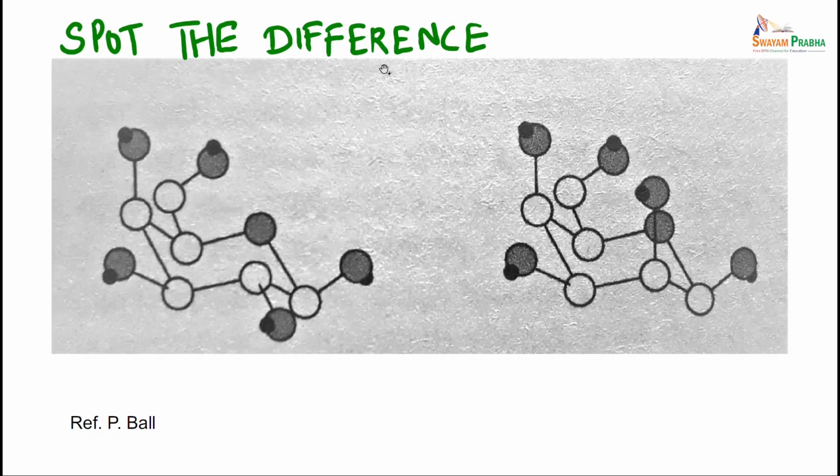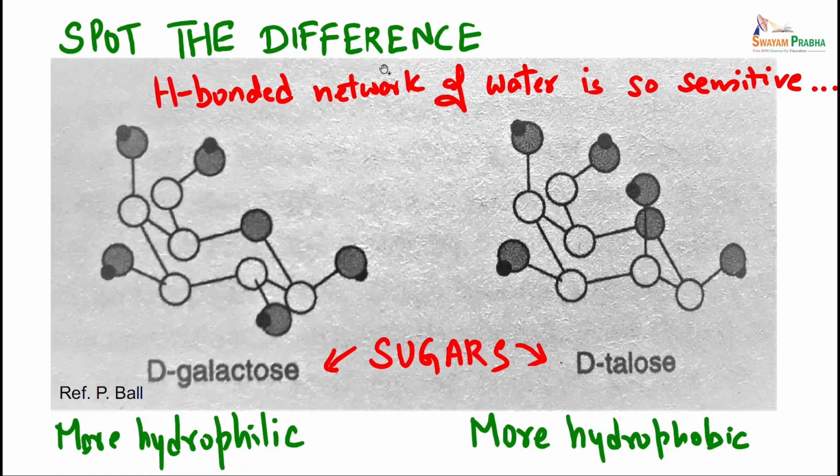So may I also know what is shown in the picture, because some of you are into chemistry, I hope. Spot the difference. I think it's a small difference, right? At least you will agree. I have not shown what these filled circles are. They are different functional groups. I have not told you what those groups are, but there is not much difference. This is the difference, right? Somewhere here. Okay. So these are sugars, and they have some names. Fine, no problem. D-galactose and D-talose.